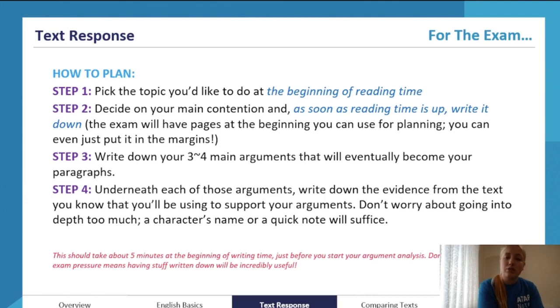You can jot down a plan of the essay, short main argument ideas. However, this will take up too much of your time, and I recommend just having a contention and then going to section C. Do the same thing for section B. Pick the prompt during planning time and plan a contention. Jot that down when writing time starts. And then once you've jotted that down for section A and section B, return to section C and start doing your analyzing argument essay.